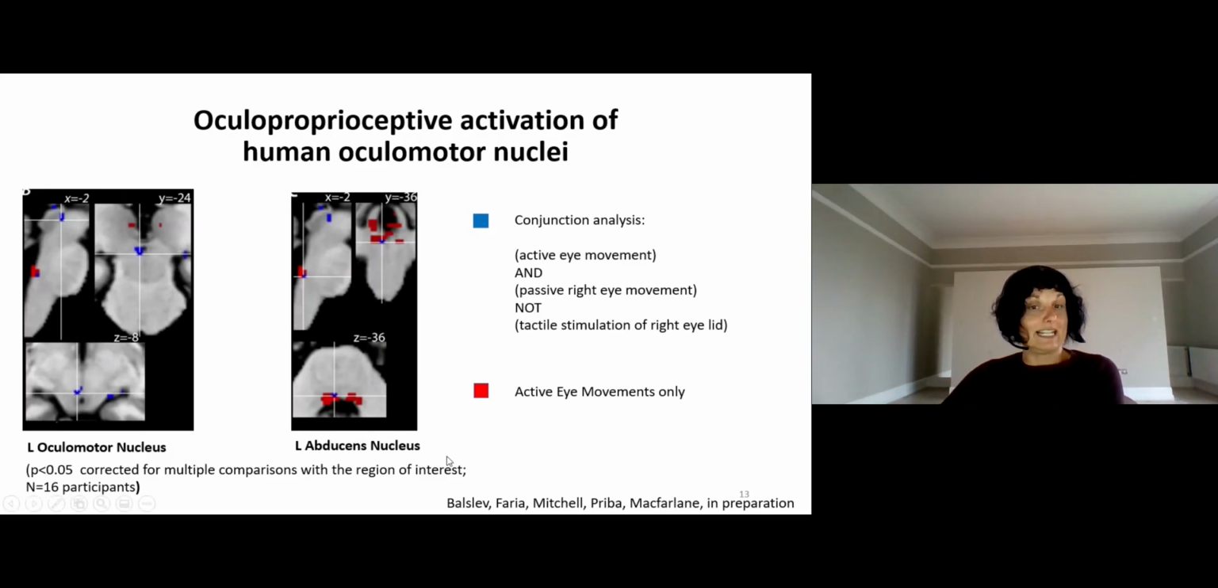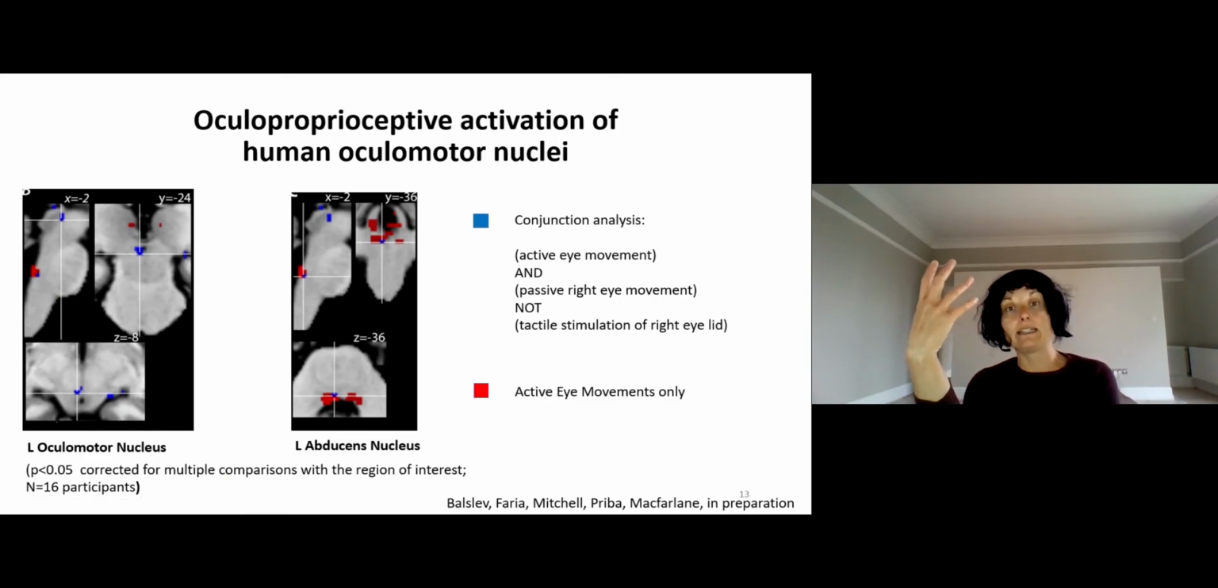And we do not see activity in the right abducens nucleus. We saw activity in the left abducens nucleus, which innervates the lateral rectus muscle for the other eye, and the same left oculomotor nucleus, which again innervates the left eye. So what we found is that indeed the oculomotor nuclei are activated, but the pattern of activity is not characteristic